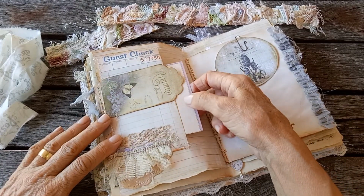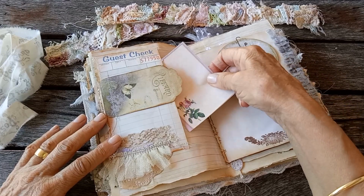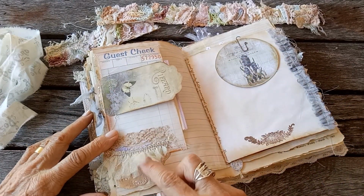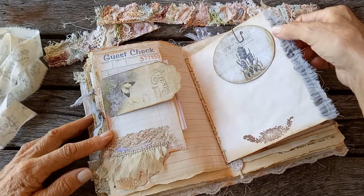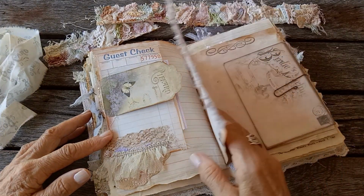This is a guest check made into a pocket with some more note pages in there, and that's a little flip and a little embellishment down here. More ruffle stamping,